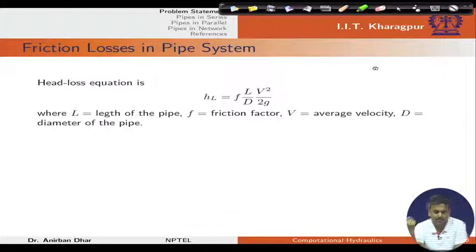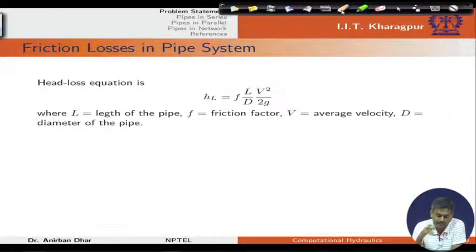So, let us start with the basic thing. Our general head loss equation, which is HL equals F L by D, V square by 2G. This is a common well known equation, where L is the length of the pipe, F is the friction factor, V is the average velocity, D is the diameter of the pipe. Now, we can see that HL, which is again head loss, is directly related as